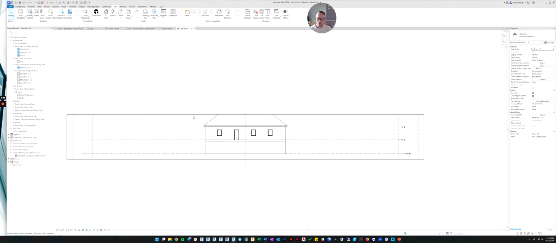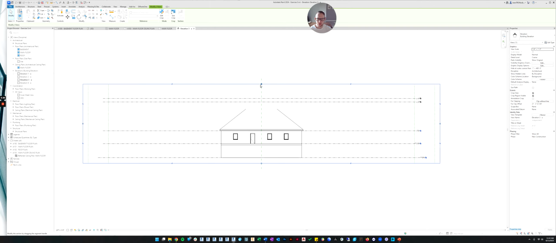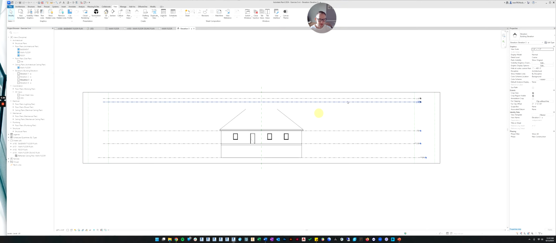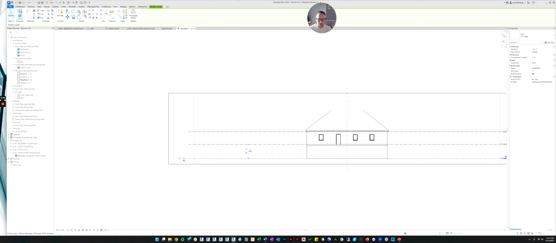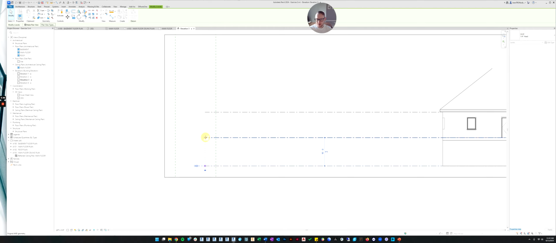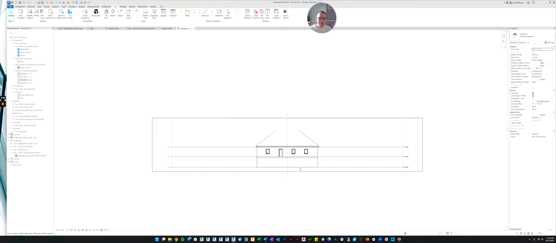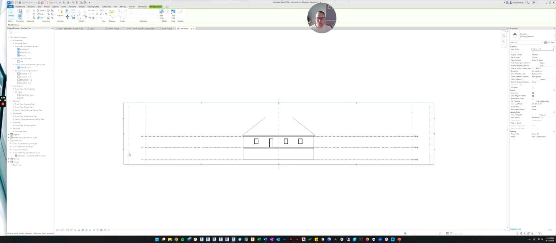Now what we want to do is crop it and make sure it looks good. So we're just going to make sure we get our whole roof in. I'm also going to delete these levels that we put in that are nonsense. And just because I like to keep things tidy and professional, I'm going to make sure our levels line up. These aren't required for the assignment, but they're habits you should get into, because not doing these types of things will drive an employer nuts. Okay, so we'll bring in the sides.